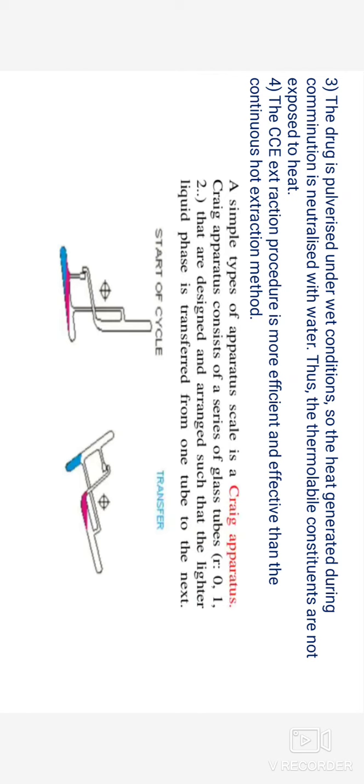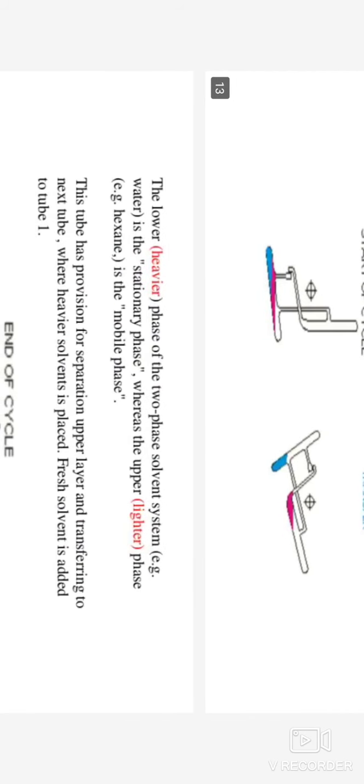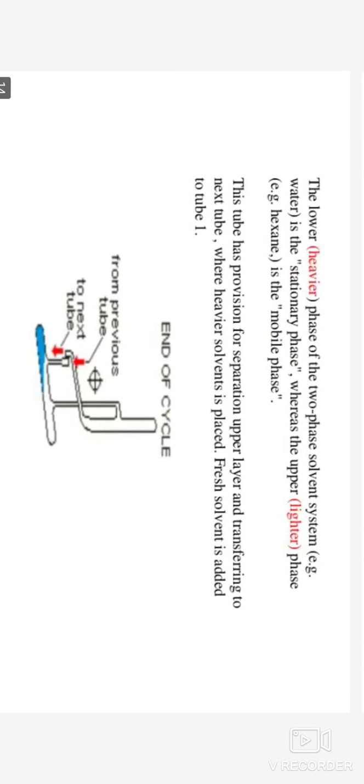You can see this Craig apparatus, which consists of a series of glass tubes that are designed and arranged such that the lighter liquid phase is transferred from one tube to the next tube. You can see the start-up cycle, then the transferred liquid. The lower, heavier phase of the two-phase solvent, for example water, is the stationary phase, whereas the upper, lighter phase, for example hexane, is the mobile phase. This tube has provision for separating the upper layer and transferring it to the next tube, where the heavier solvent is placed. Fresh solvent is added to tube 1, that is the end cycle, for the previous tube and